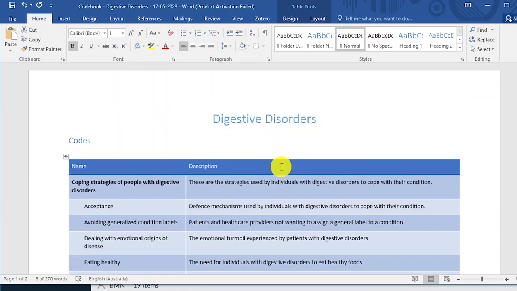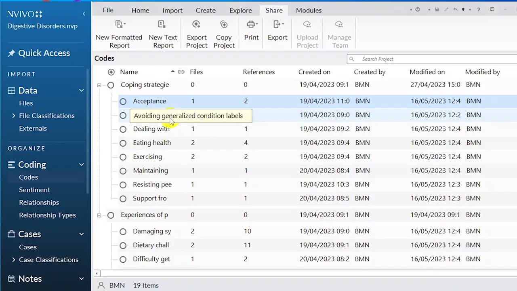The codebook is a very important resource for writing your analysis, the discussion section of your thesis, research paper, or dissertation. You can use the codebook for that purpose. I'm going to attach this codebook in the appendix section of the final results report that I will generate from NVivo 14. After you've coded in NVivo 14, developed hierarchy